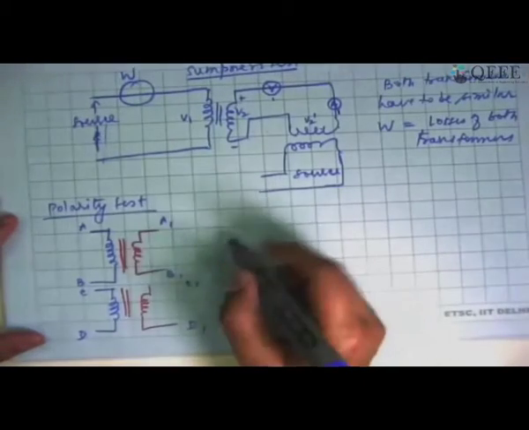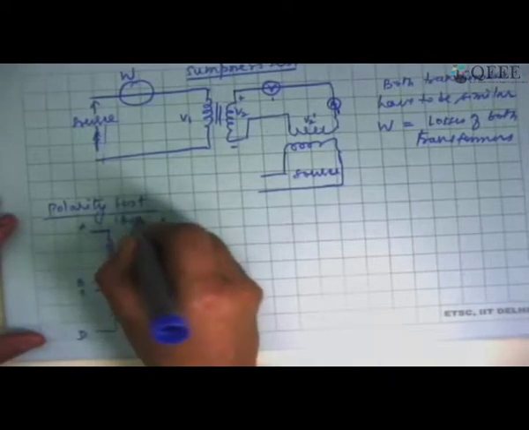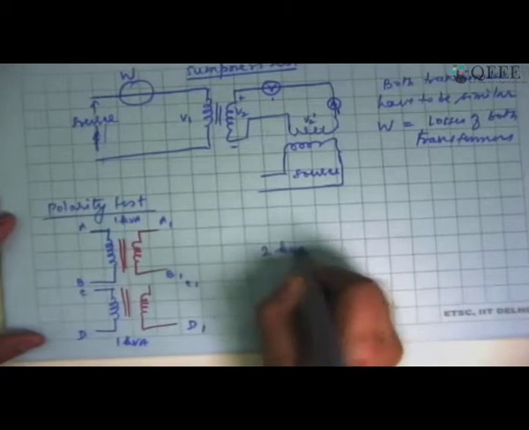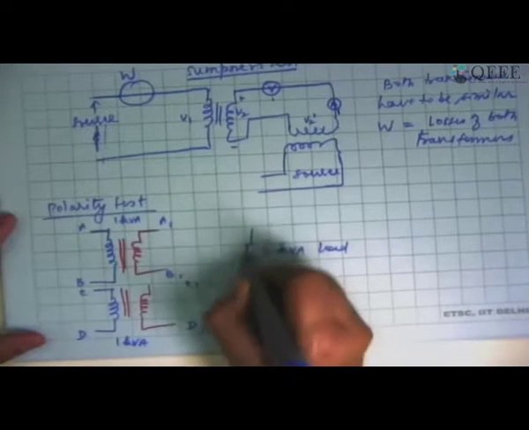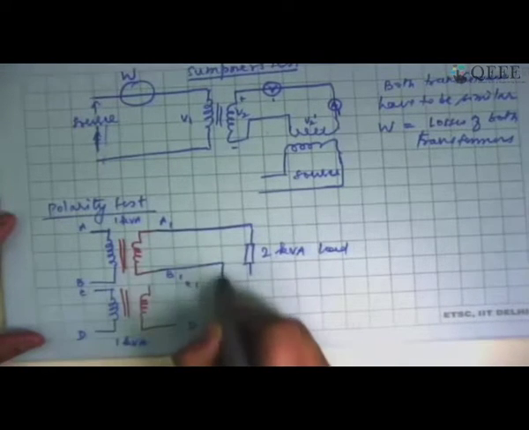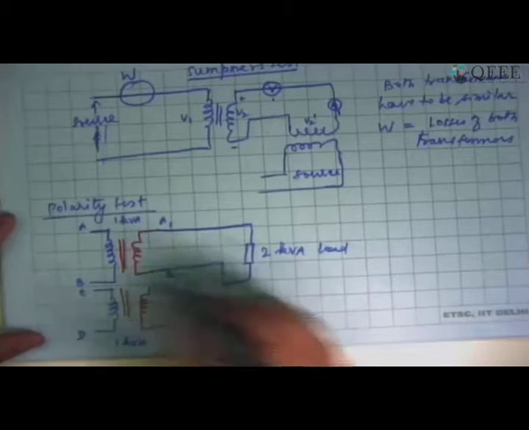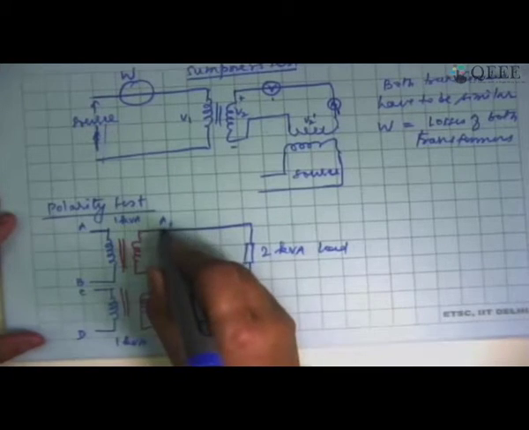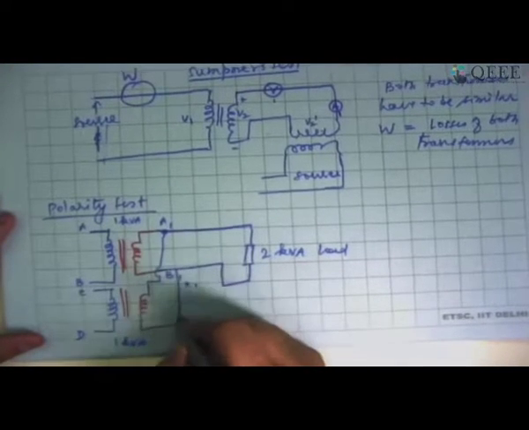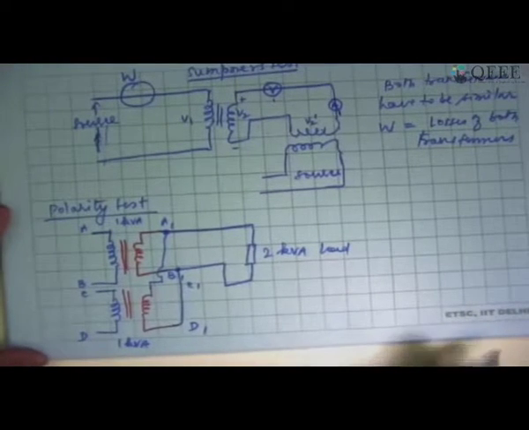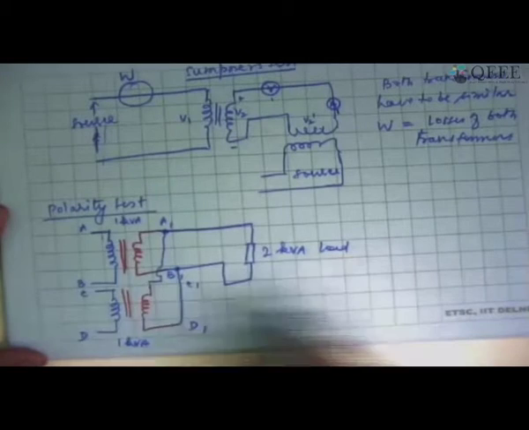Maybe I have a load. Let's say this is a 1 kVA transformer. This is also a 1 kVA transformer. My load is a 2 kVA load. So obviously that load has to be connected with both of them together. So probably I have to just connect this like this. But just one transformer will not be sufficient. So I might have to connect this terminal also here and this terminal here. Are you getting my point? So I am essentially connecting AB and CD in parallel, A1, B1 and C1, D1 in parallel.